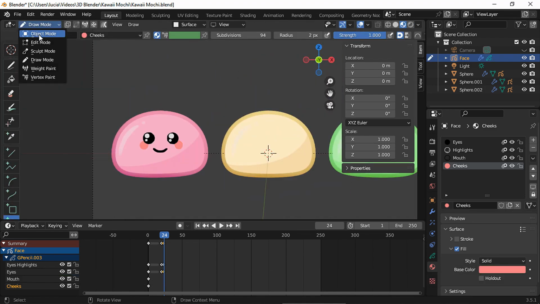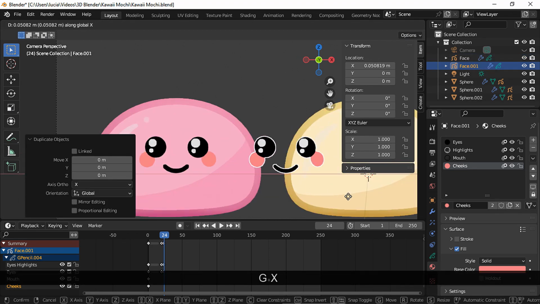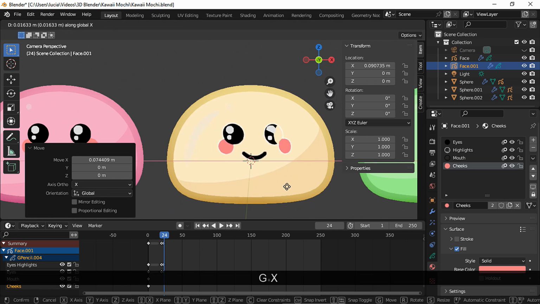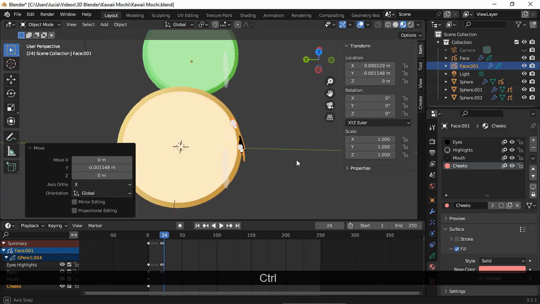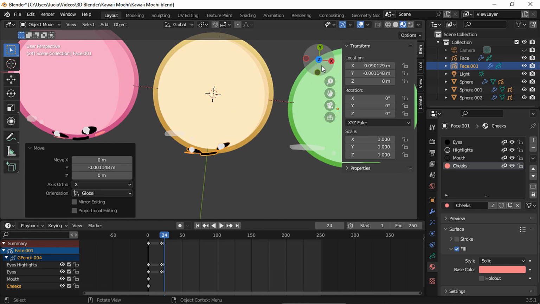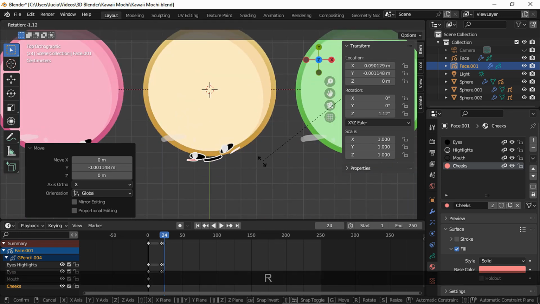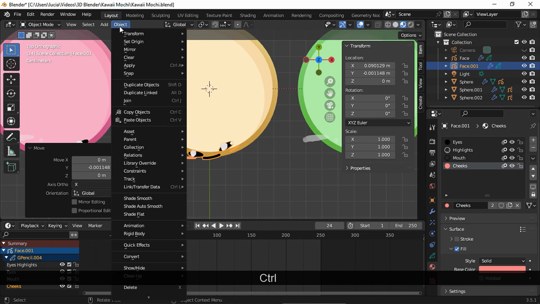Back to object mode, duplicate the face, escape, and move it towards the yellow mochi and place it. We need to rotate it a bit, but before that, change the origin to geometry.